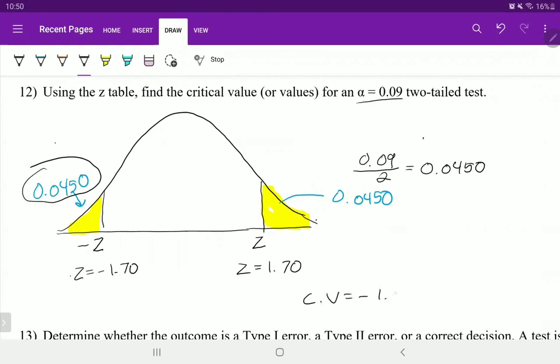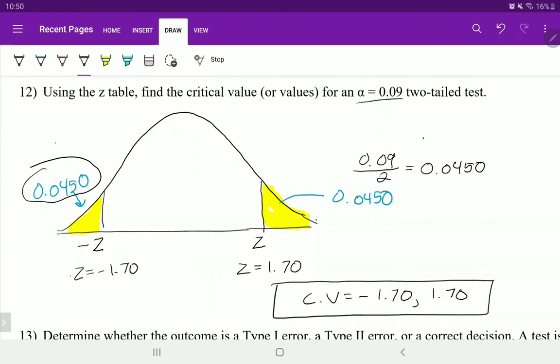On the answer sheet, it gives you 1.69, but we're pretty sure that a different z-score table was used for that one that's more accurate. But in this case, and especially for your final Connect Math, you're going to do it the way I just